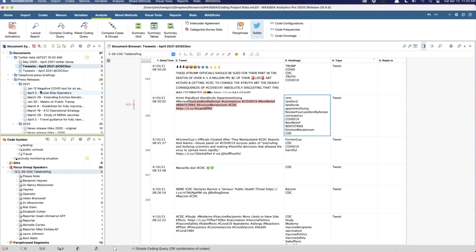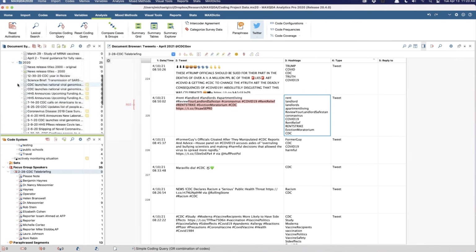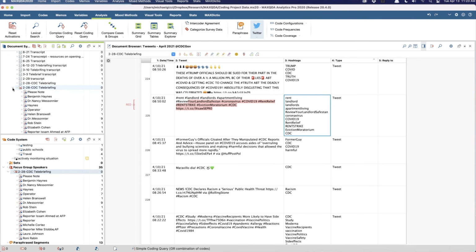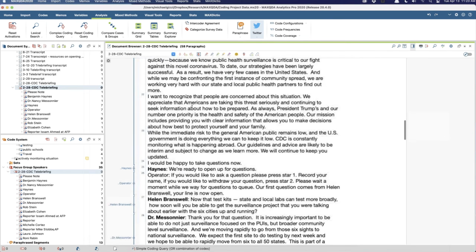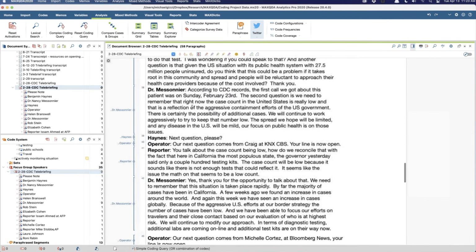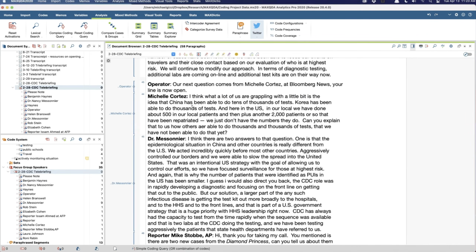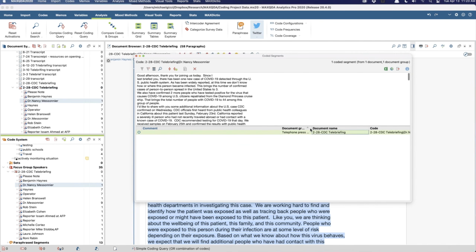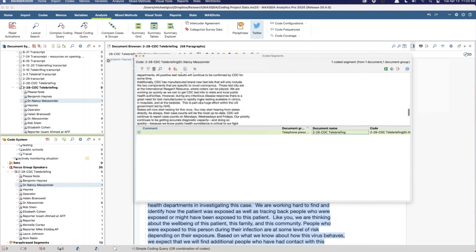It's because I'm looking at the codes instead of the document. So in a focus group, each speaker is a code as well, and it gets a special type of code here for the speaker name. So Dr. Messonnier, she's with the CDC, and so this would be what she had said. That was the statement, actually.